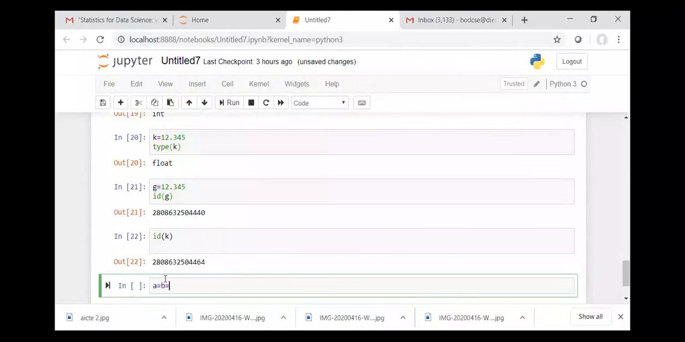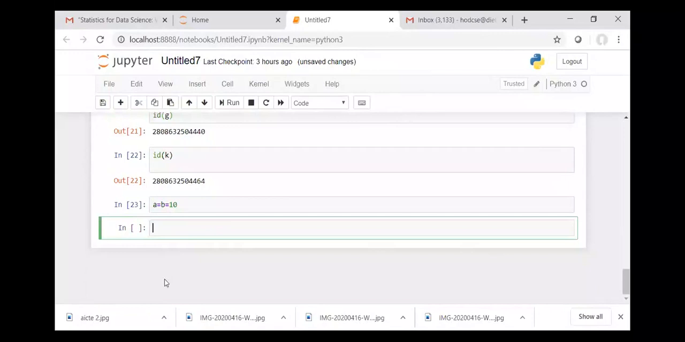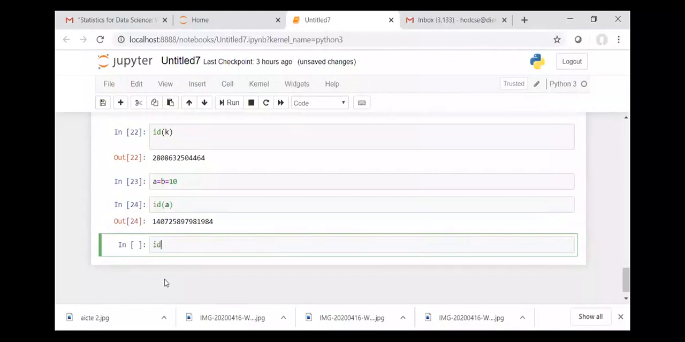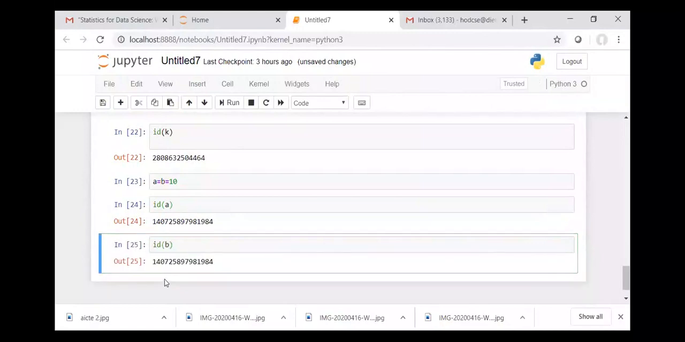A is equal to B is equal to 10. Yes, it is taking. Now you can see the ID of A. Now you can see the ID of B. Both are the same. So multiple assignments in a single line is possible with